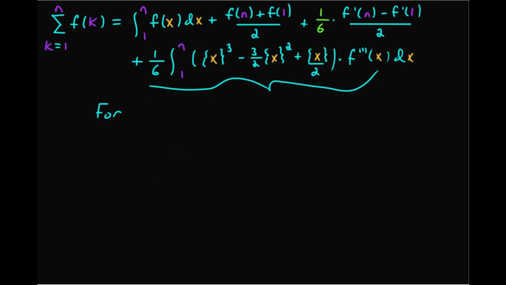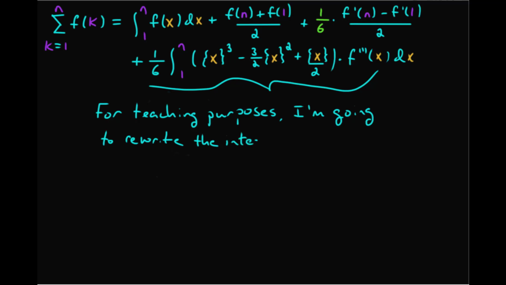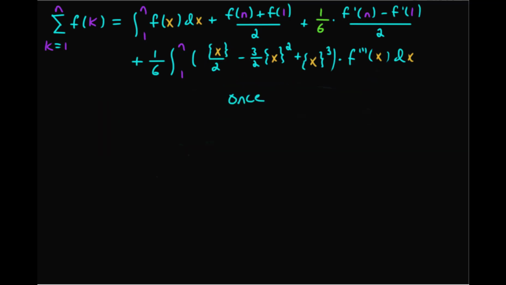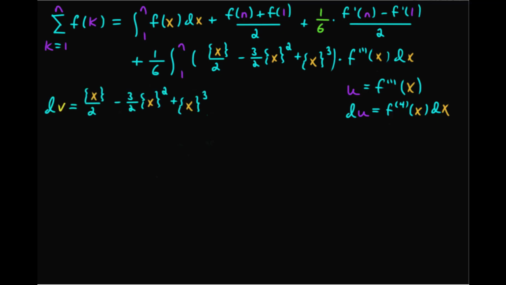Now, just for teaching purposes, I'm going to switch the first and last two terms in parentheses around. We'll get the same result if we don't do that, but I think it makes the exposition clearer if we do switch them. So we'll do that, and then once again, we'll integrate by parts. So I think at this point we know what to do. We'll make u equal to f triple prime of x, so du is the fourth derivative of f of x dx, and then dv is going to be that periodic Bernoulli polynomial B3 of the fractional part of x,